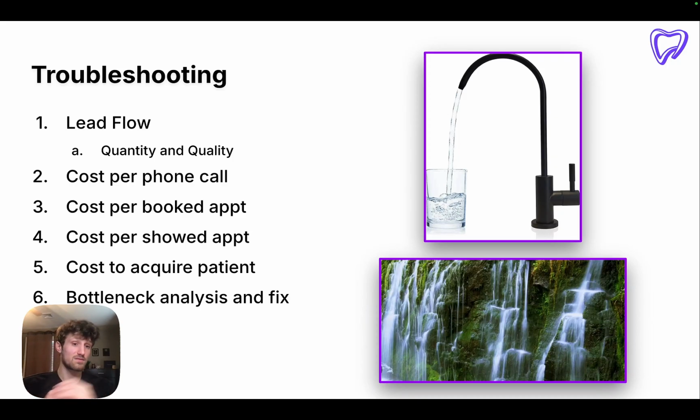Then we want to optimize for a good cost per phone call. So we're making sure that we're getting in touch with as many of these inquiries as possible on the phone, having a great conversation. And then we're using certain lead management techniques that I go into in my other videos and that we help our practices on to really have a great cost per booked appointment. So we're doing all the necessary things on the phone call, making sure our speed to lead is dialed in. And then from there, we go into all of our show rate techniques to get a really good showed appointment